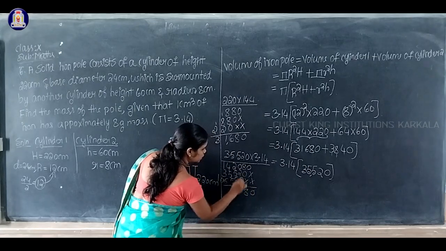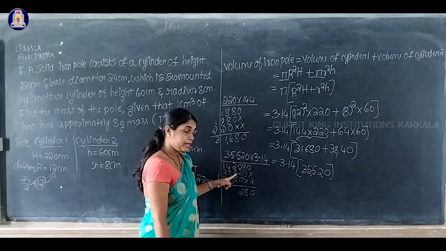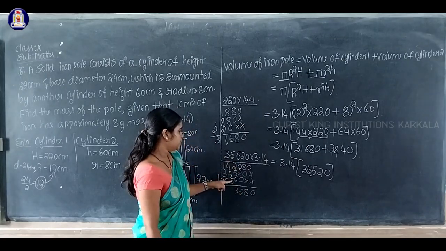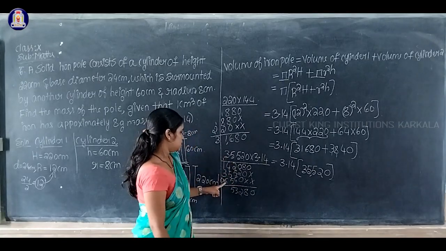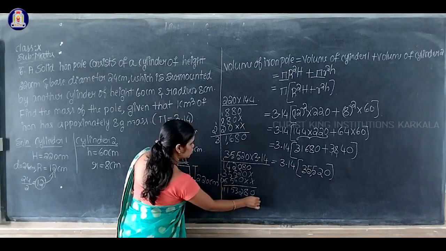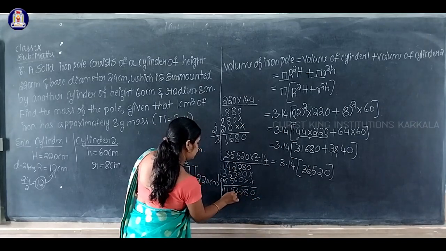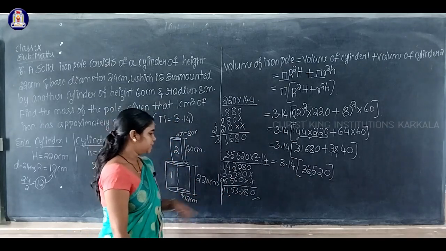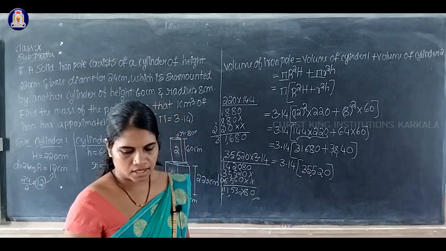0, 8, 2, so 5 plus 2, 8, 8 plus 5, 13, 1 carrying, 5 plus 5, 10, 14, 15, again 1 carrying, 6, 9, 10, 11, so 1 carrying, 1, so that your answer is 1,11,532.80. Okay, so this is your answer, isn't it?